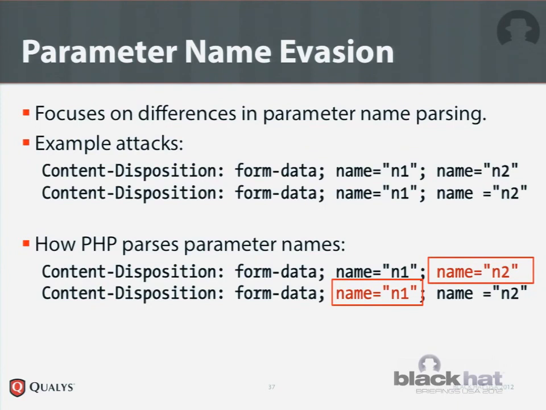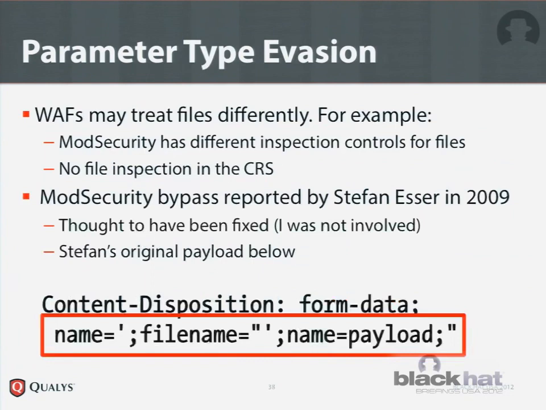So using the 2 examples that I have on the top there, this is how PHP would see it. In the first case, it will see the second name, and in the second case, it will see the first name. So again, this is something that's very easy. Most of these attacks are actually trivial to perform. Finding exactly which payload works can be mind-numbing, because you're dealing with just character variations, and there's a ton of them. But generally speaking, if you have the patience to sit out and go through the whole list, in many cases the evasion works.